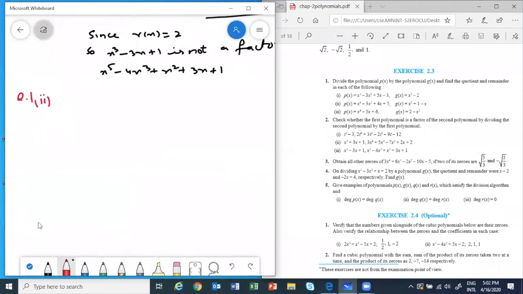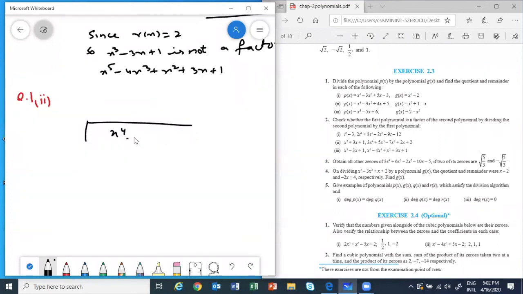We didn't do it in class. Okay, let's do. So what we have to do? We have to divide